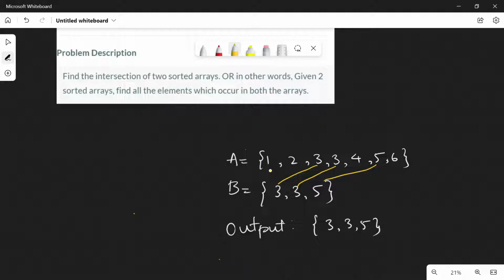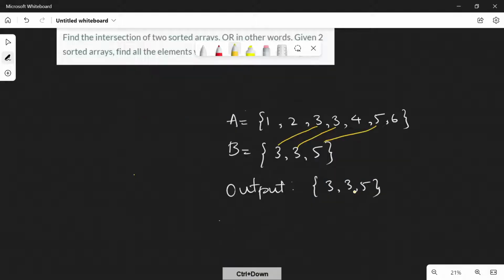Let's take array 1 as 1, 2, 3, 3, 4, 5, 6, and array 2 as 3, 3, 5. The common elements in both arrays are 3, 3, 5. So we have to print this output. So how will we approach this problem? In the first step,